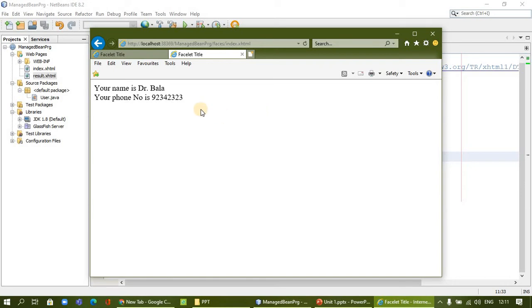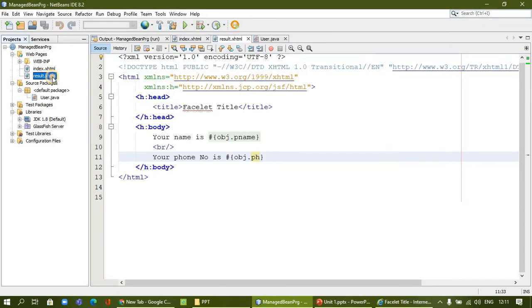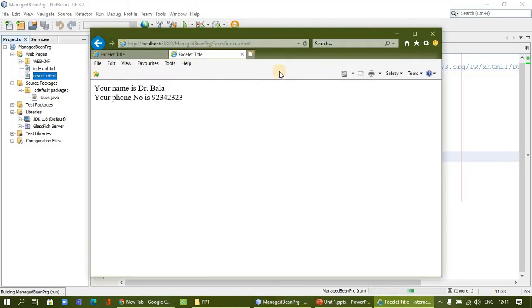At present I showed the request scope, meaning one request only. If you call the result in another page, for example, if I run the view once again, only the view, then it will not be able to get the result value in the next session.